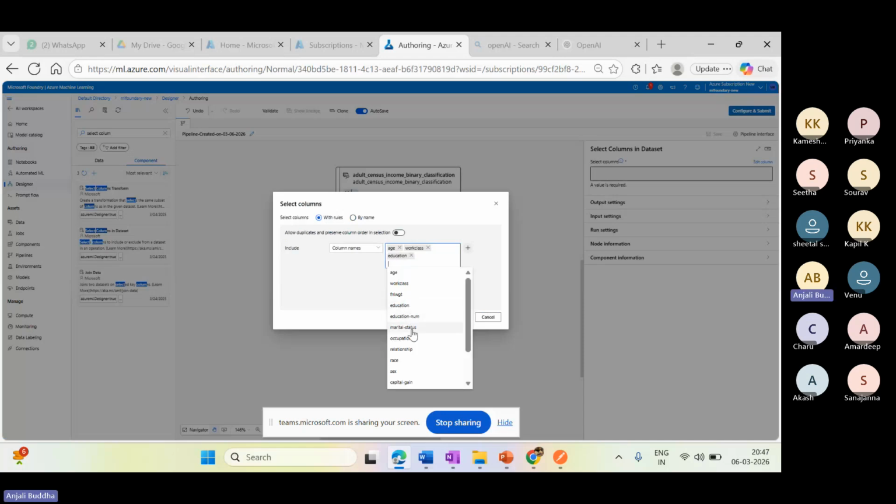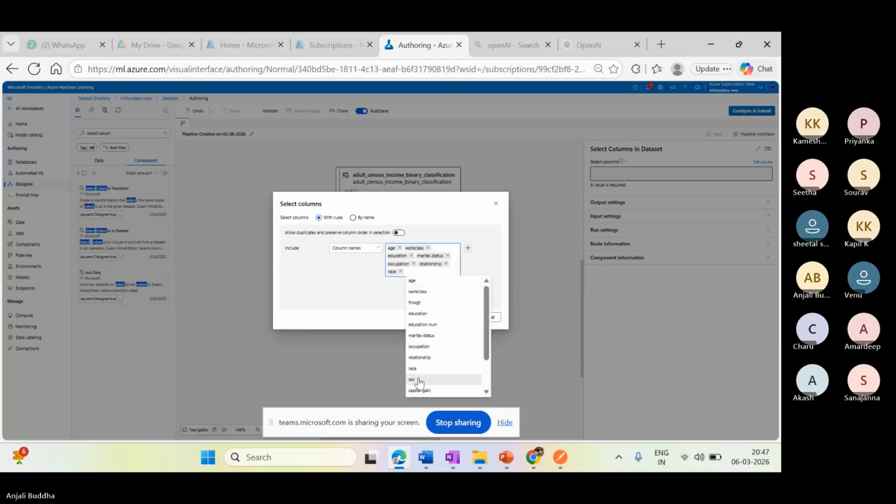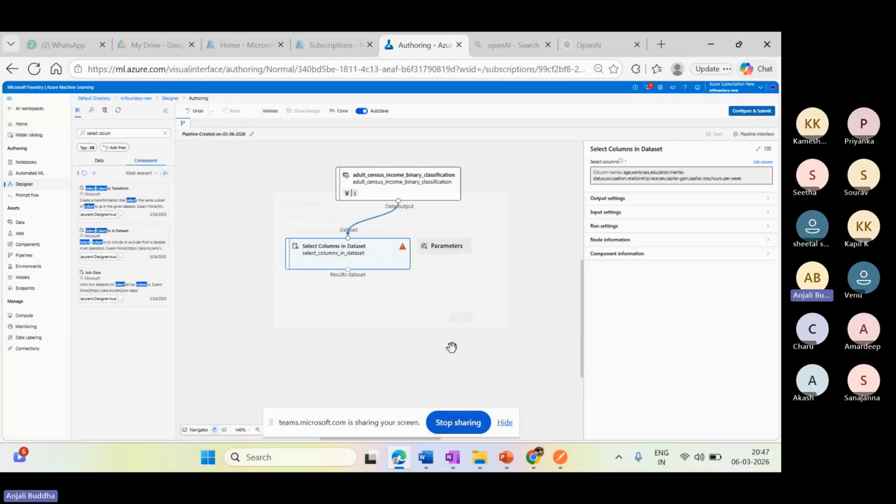I wanted to add the marital status, and occupation is very important, and then relationship, capital gain, and then I have to add the capital loss and hours per week. Let us save this. Now the error is gone. So what is the next step that we have to do?